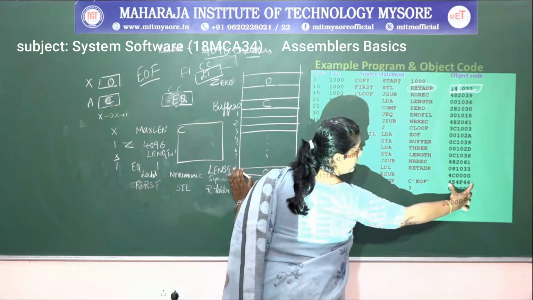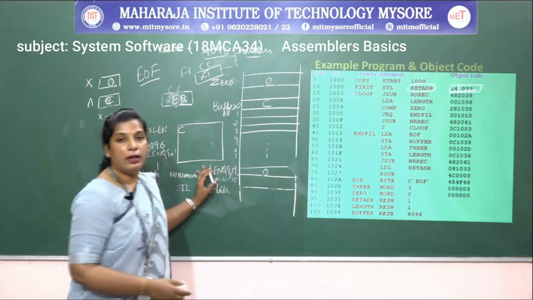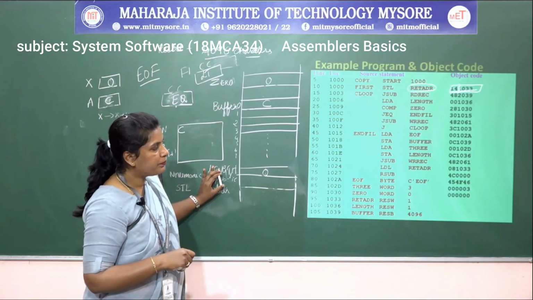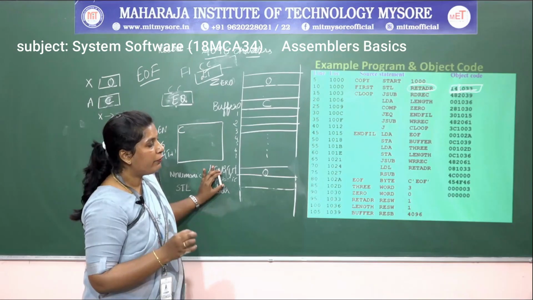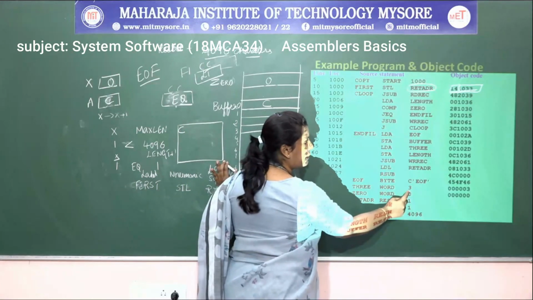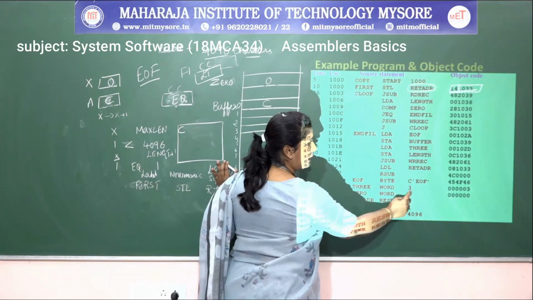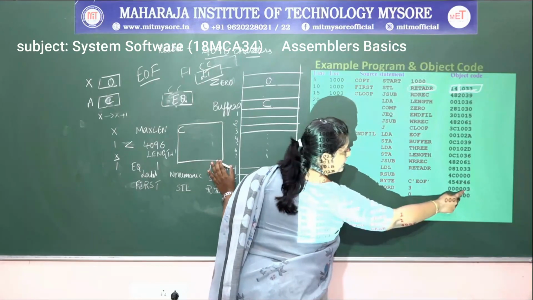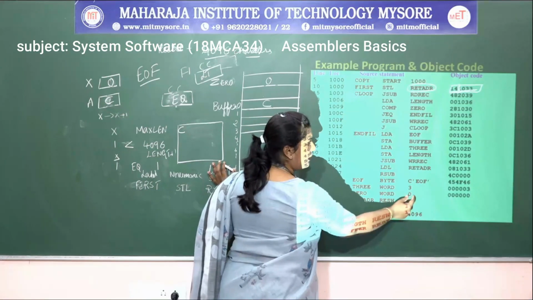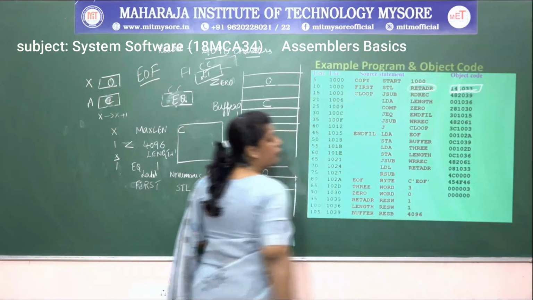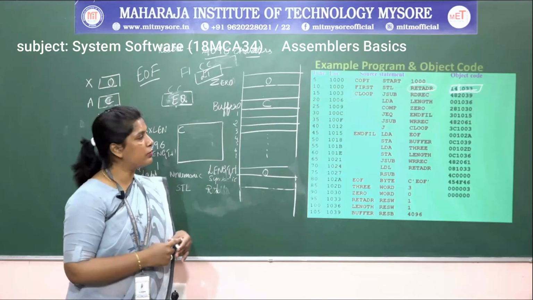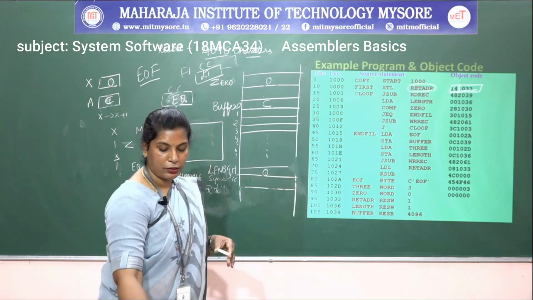For EOF it is going to convert each character's ASCII value into its hexadecimal representation: 45 for E, 4F for O, and 46 for F. Again, 3 is the WORD, and the value it holds is 3. A WORD is nothing but an integer variable, so it is going to represent it in the form of 3 bytes: 0 0 0 0 0 0.